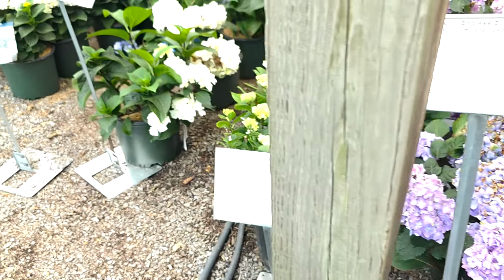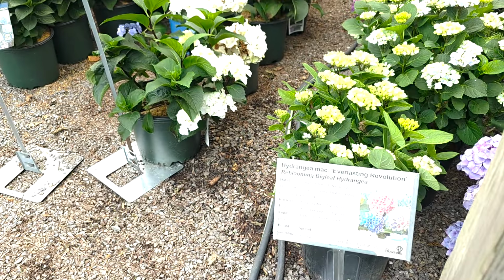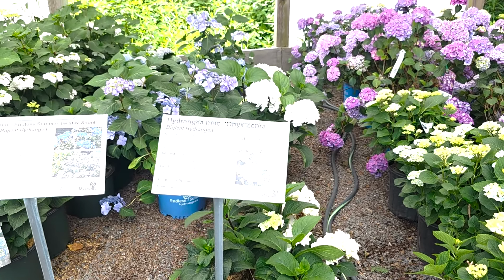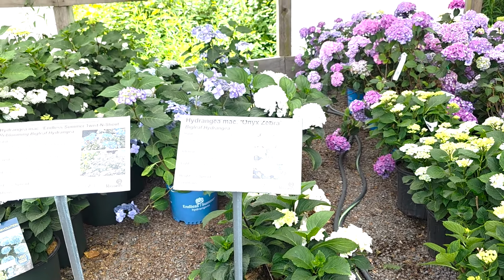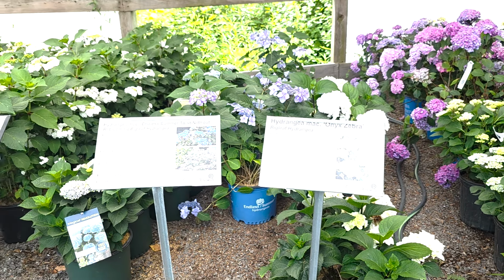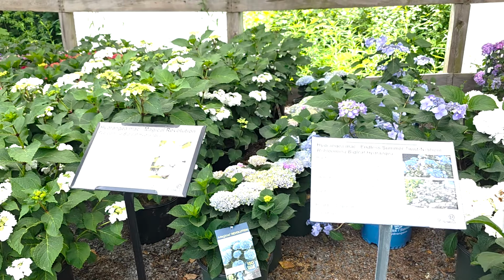Everlasting Revolution is rather a pastel color, very upright, used by florists. Oh, and here is Zebra. Onyx Zebra is the one that I purchased a short time ago, doing so well. They have the black stem and the white flowers. Love the contrast there. And then as we go on, we have Twist and Shout, Magical Revolution, and then here's